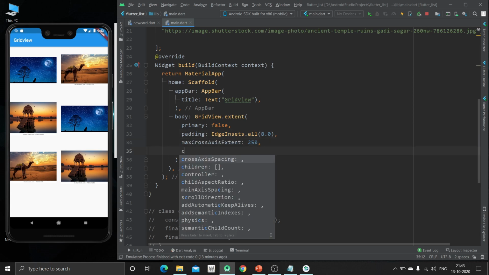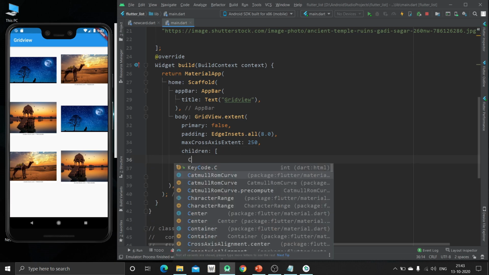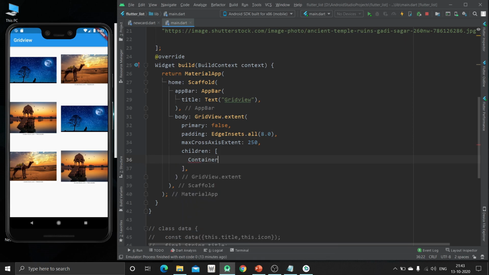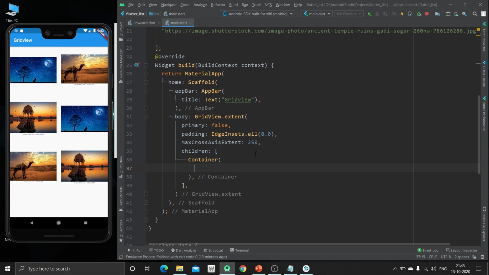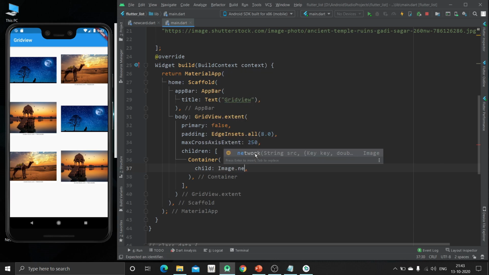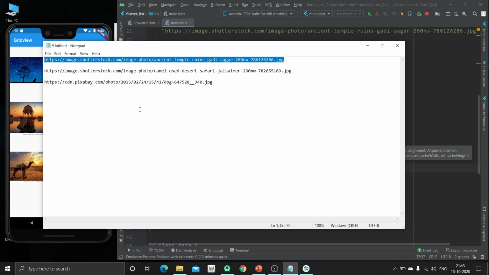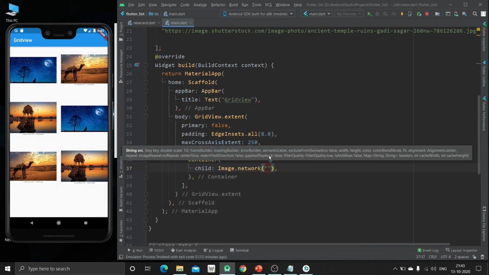Just before that we are just going to create children, and inside this we are going to create containers. So we will create multiple containers. Also we are going to specify some child to this. So image dot network. So I will just copy the URL from here and paste it over here.